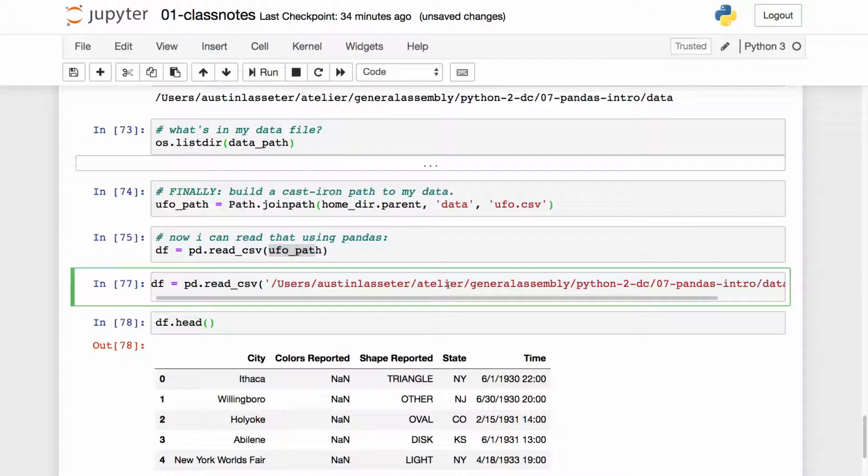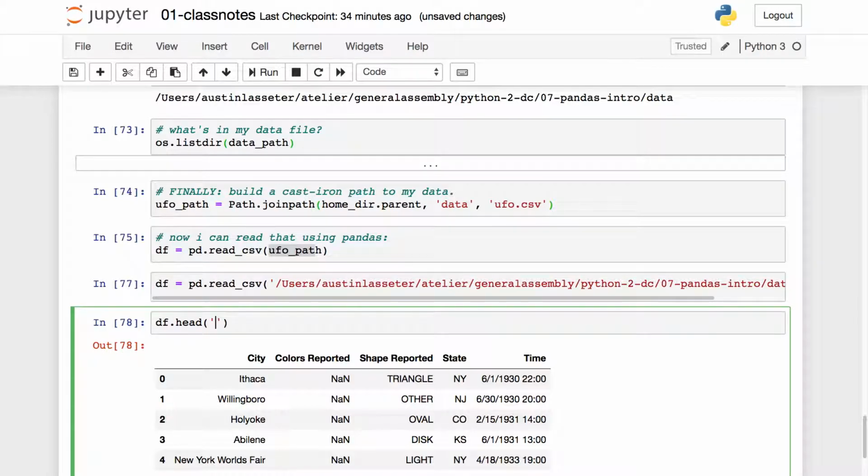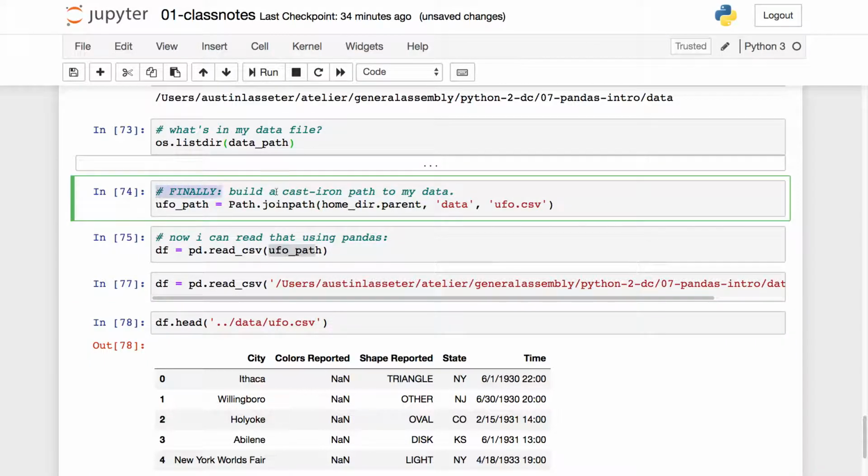So using hard-coded file paths is a big no-no and very much a newbie mistake when you start using pandas. Much more efficient is to use the shortcut like we did earlier, and that works just fine. That's a nice shortcut. But if you really want to do it the professional way, you'll use path.joinPath. And what's nice about this, by the way, if you get used to doing it this way,